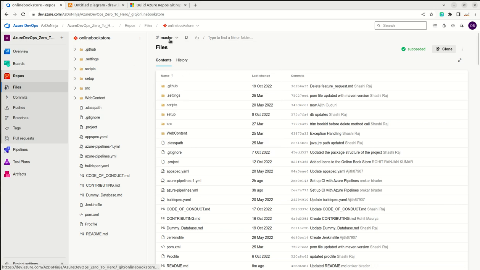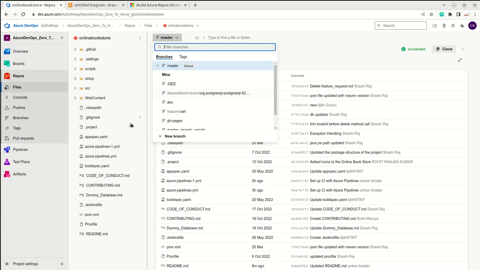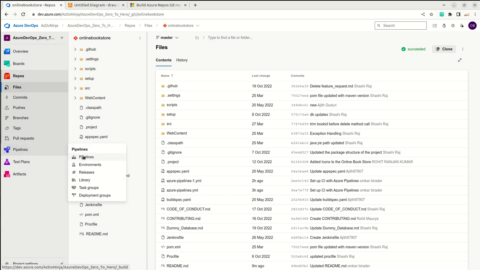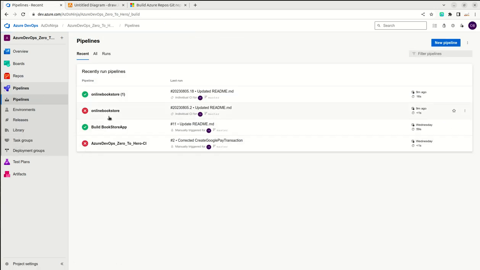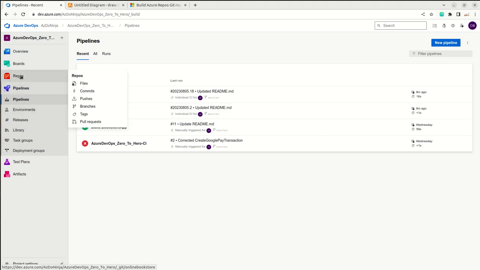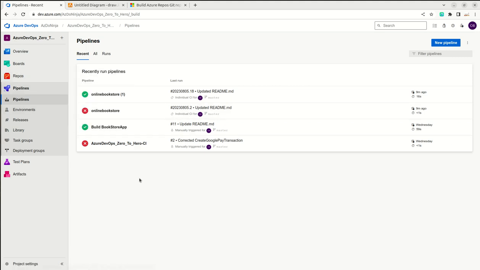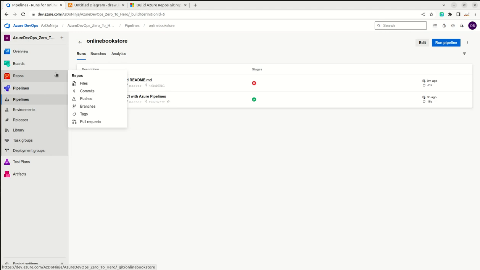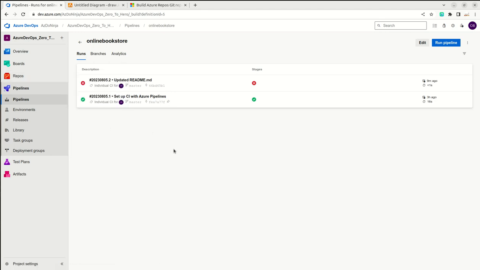So whenever the code comes to the online service, we want to build their code and test their code, right? So for that, what we do is we write this pipeline which will be associated to that repository, and in this pipeline we write the steps to build and test the code which is present in that repository. Okay,